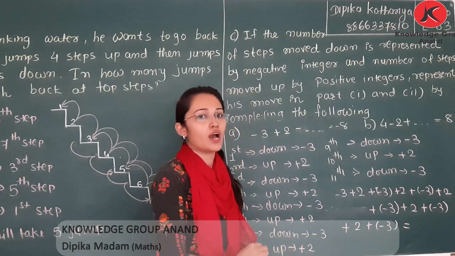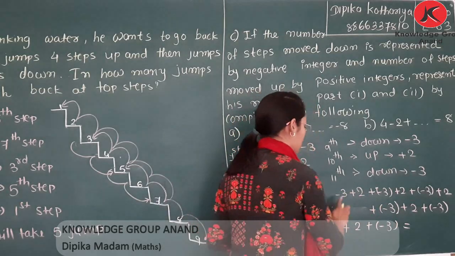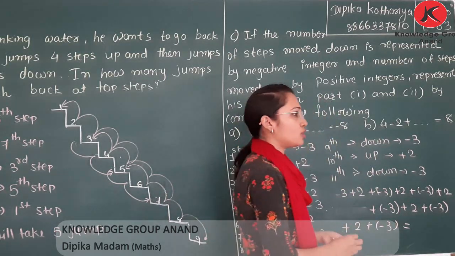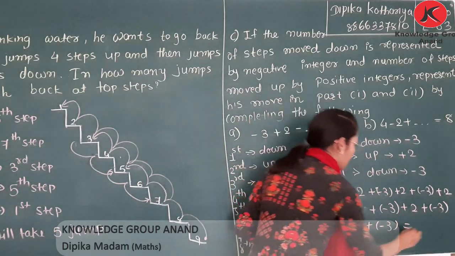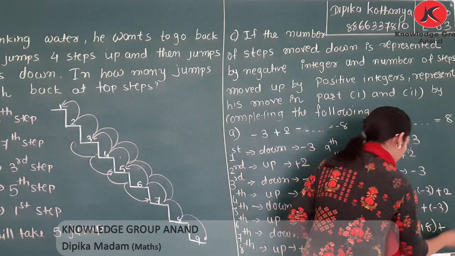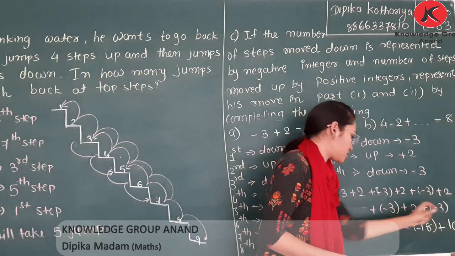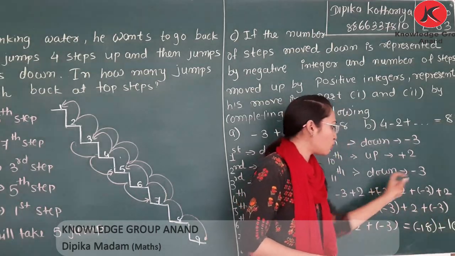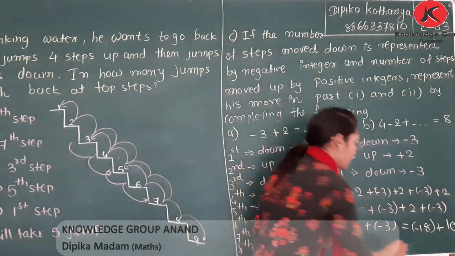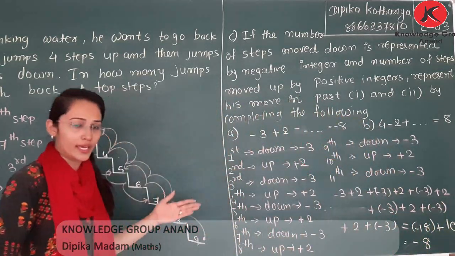Now, addition of this. How we can perform the addition? First, add the negative number and then we will add positive numbers. 1, 2, 3, 4, 5, 6. 6 3s are 18. Addition of 6 minus 3, that is -18. And 1, 2, 3, 4, 5. If you add -3, -3, -3, -3, -3, -3, you will get -18. And 2 plus 2 plus 2 plus 2 plus 2, that is +10. Now it is -8. It represents 8 step on negative number.